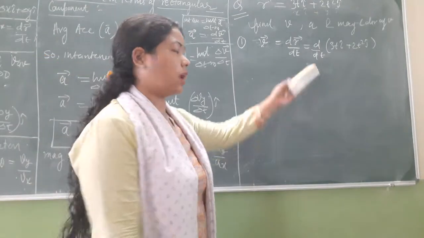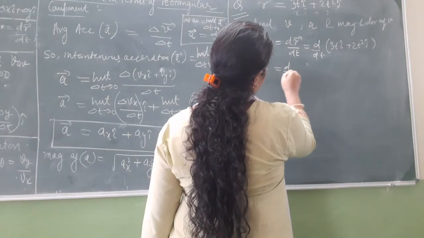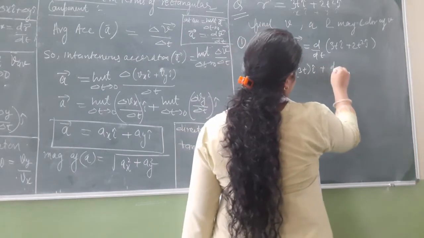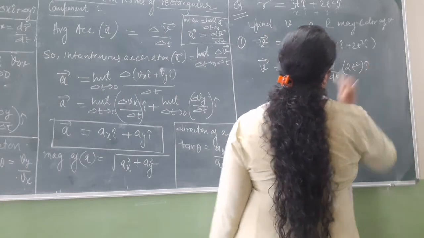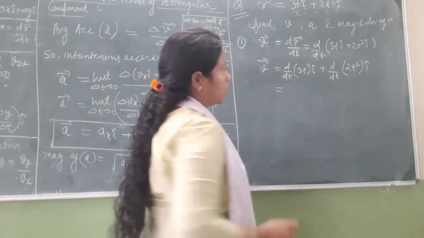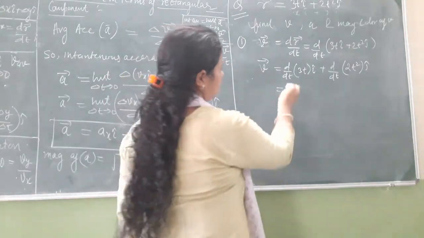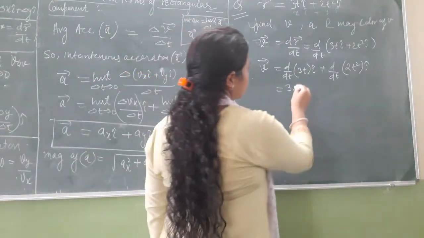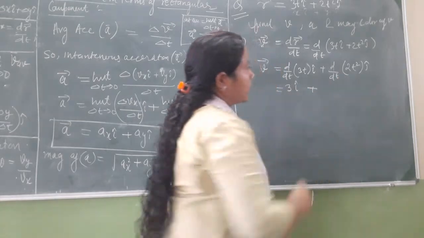Right? Now, just apply the rule of differentiation here. So d over dt of 3ti, where i represents the direction, so we cannot differentiate that, plus 2t square j. Now apply the rule of differentiation here. For 3t, this is the c into u rule, right? So this 3 will be constant, so it stays out of the differentiation. d over dt of t will be 1. So we will have 3 into 1, that is 3 into i, plus d over dt of 2t square.